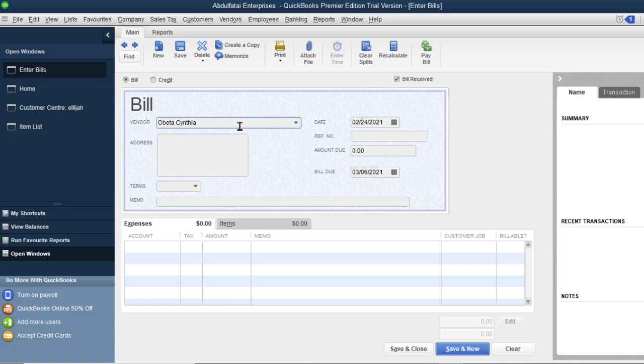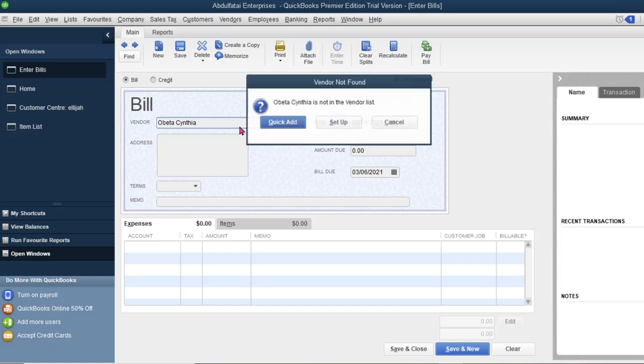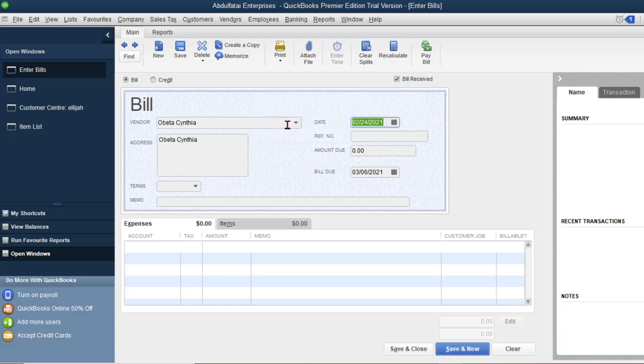as my vendor. So I can click on the tab key on my keyboard. It will ask me if I want to make a quick add or set up. I just want to make a quick add. Then we'll do a class where we explain, and I think we have done that in my previous video, but we can go ahead and click on quick add. So with quick add, you can see the address here. I can easily insert the name here, the address. I can say okay, and